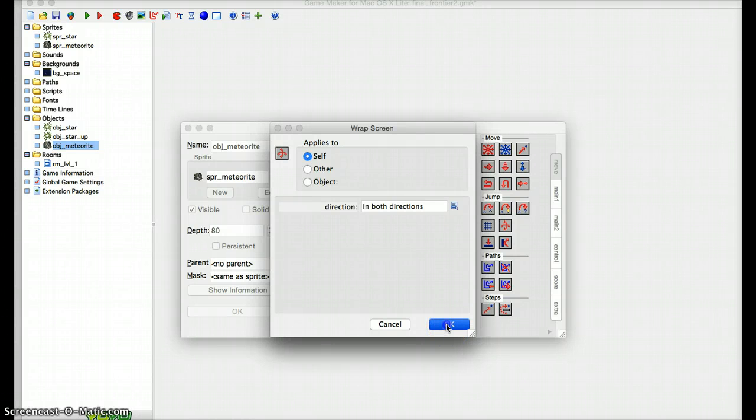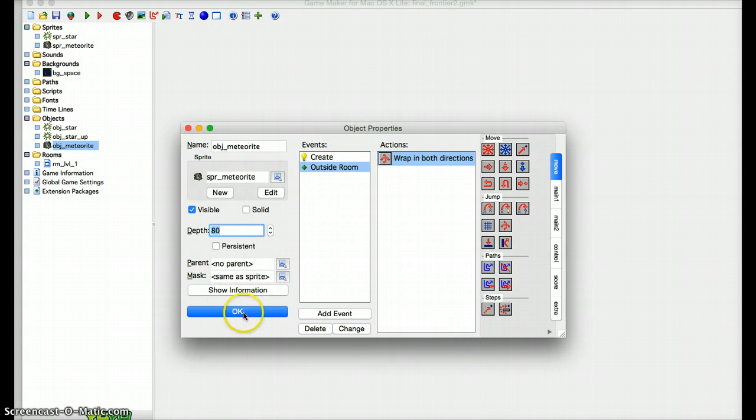We could have used this for the star, but then that would decrease the randomness. Since we are having the meteorite go at different angles, they'll just keep wrapping around, and because they're starting at a random angle, that will add some randomness anyway. So we click OK,